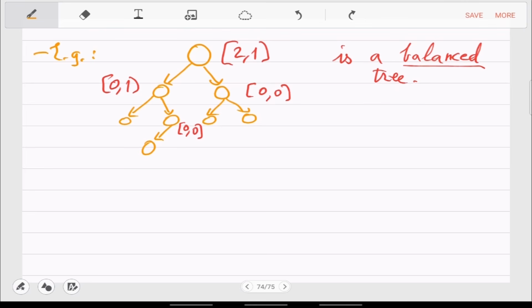So what will happen if you drew here one more? What happens then? What is the problem? Now look at the root. Or in fact, look at the one where I've written 0, 1. That will become 0, 2.